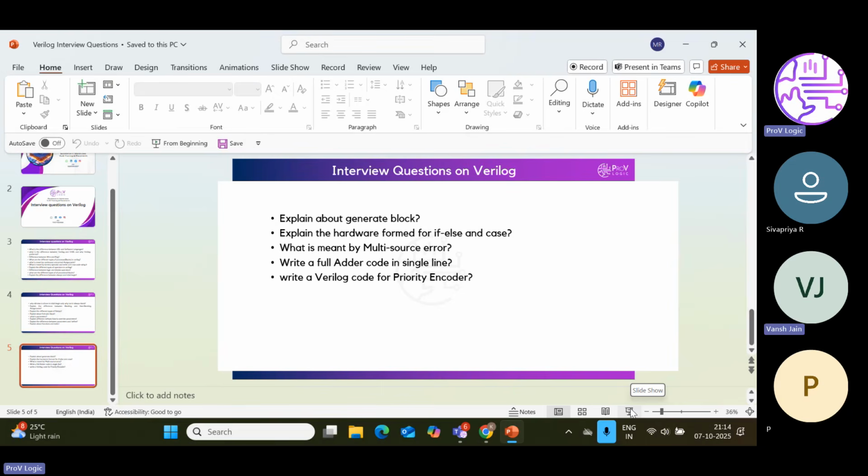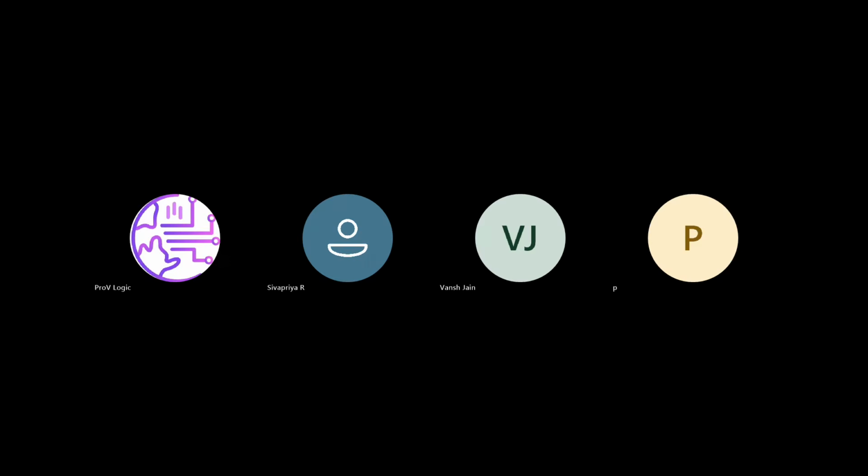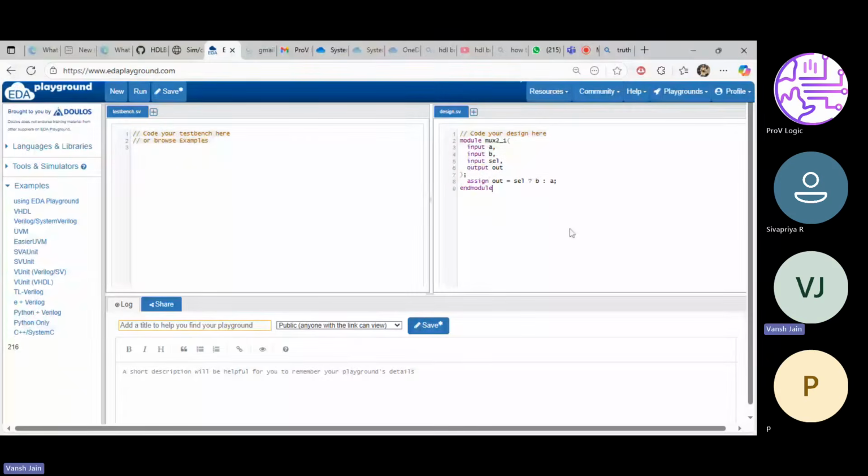My next question is, can you write an adder code in a single line? Vansh, can you share your screen? Sure. Screen is visible.